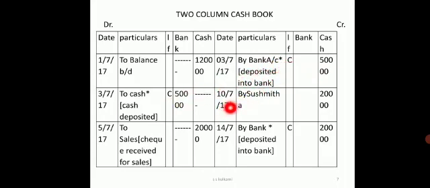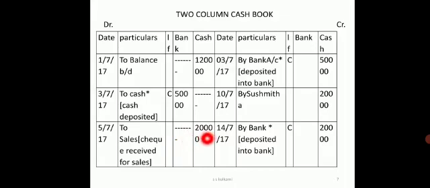Next, on 10th we have made purchases from Shushmita. So it will be for cash. So it is Shushmita's account debit 20,000, here it is shown. Next, on 5/11 you are having sales which is done. So we are receiving a check. So whenever check is received, 20,000 is taken on the credit side. By mistake this particular transaction has not to appear, but by mistake it has come because purchases to Shushmita it will be. So cash is not affected on 10th. So it is a mistake, a wrong entry has been entered here.